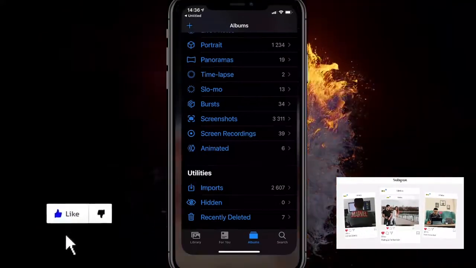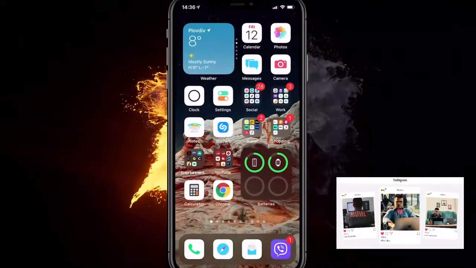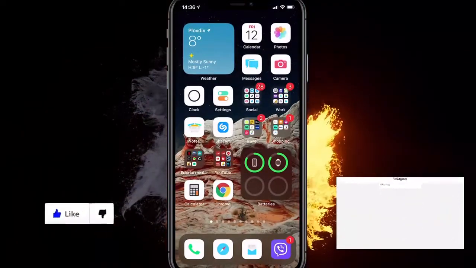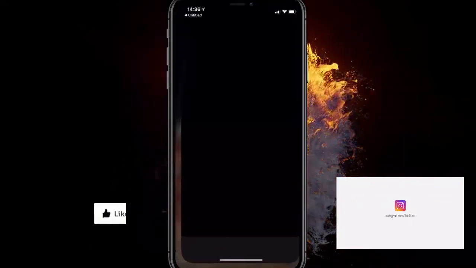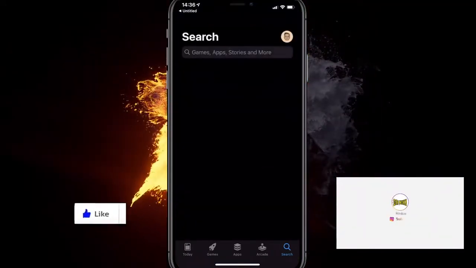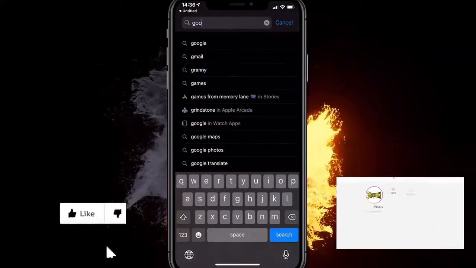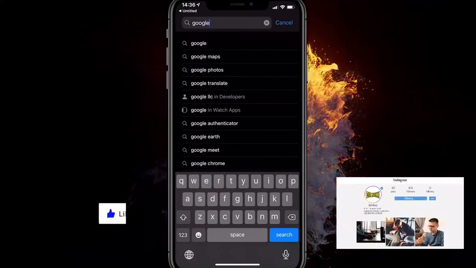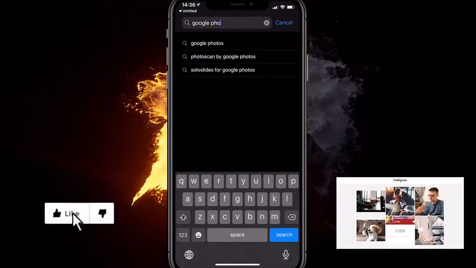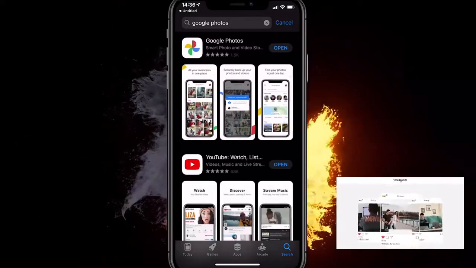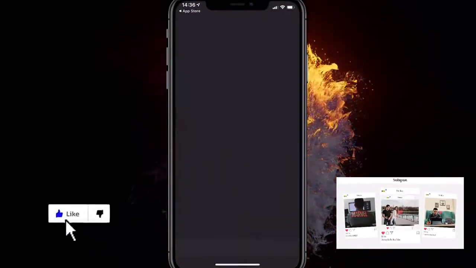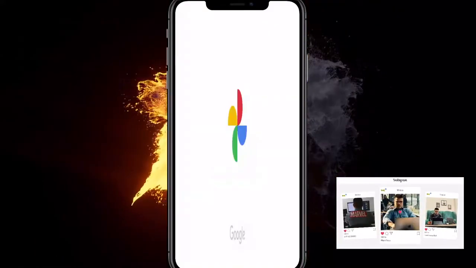Here's another way, and it's by saving your photos via Google Photos. If you go on the App Store and add Google Photos, for most of you, they might be automatically synced there. Google Photos, let's type it in. Here it is, and I've got it open automatically. Basically, I don't want to show you my photos, but